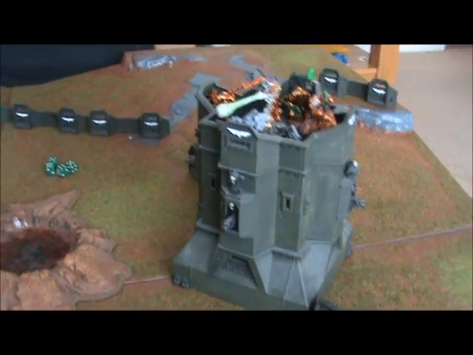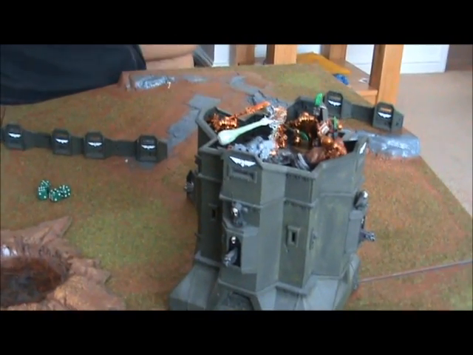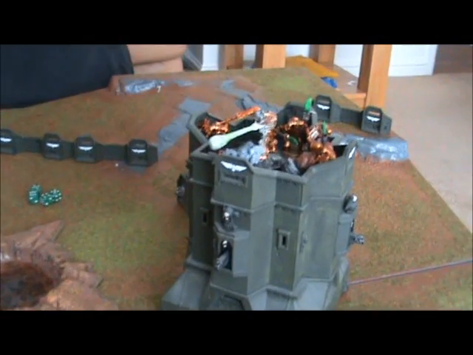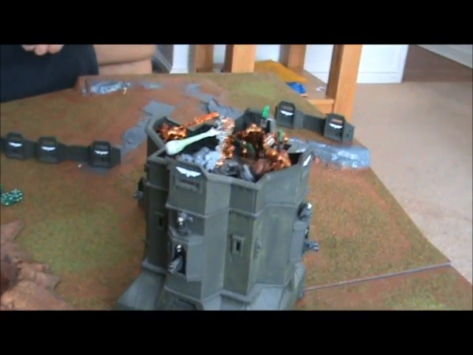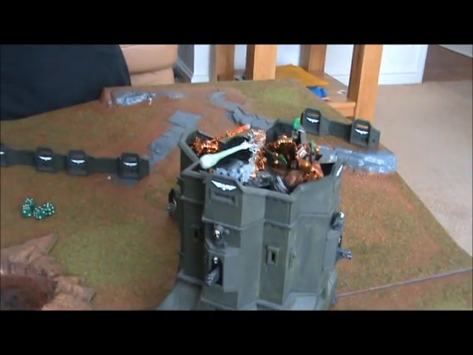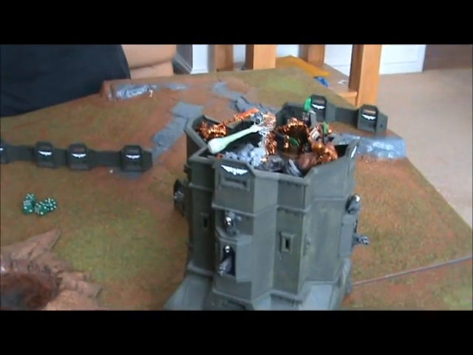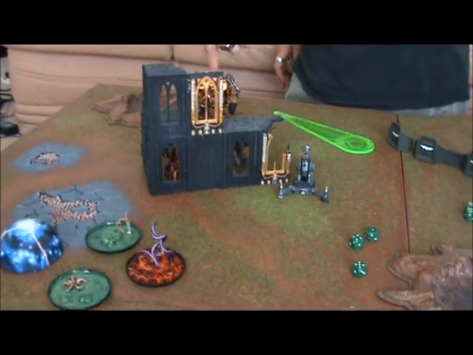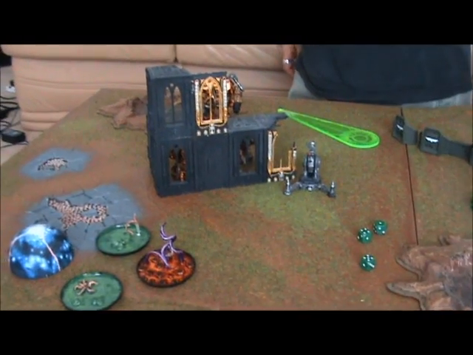Was it the other 3 or the 4? 3. With the other 3 scouts. And the other guys really just sat around, chilled out and watched the show. He also cast Sanctuary, meaning anything that gets within 12 inches of this squad here counts as moving in difficult and dangerous terrain. The Dreadknight that was over there is now back here, because the Inquisitor used the summoning back,